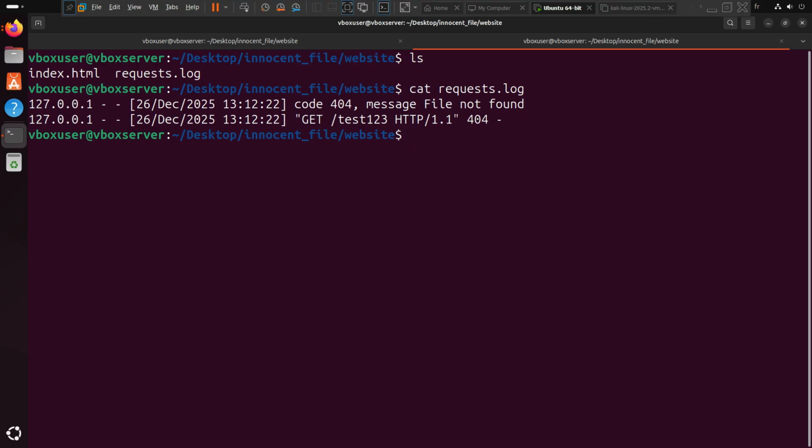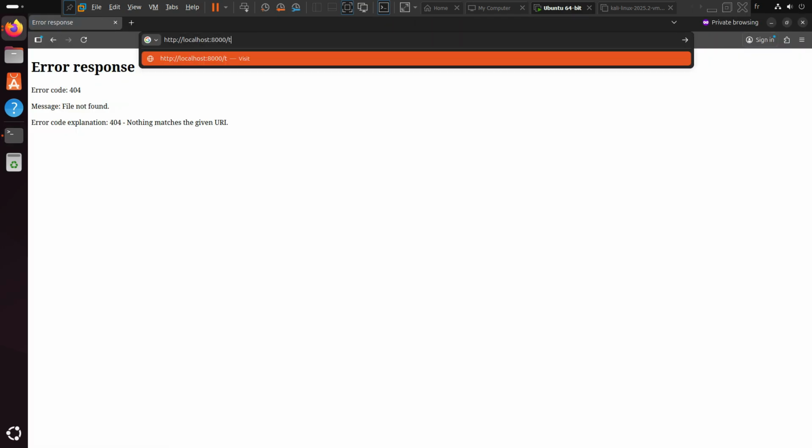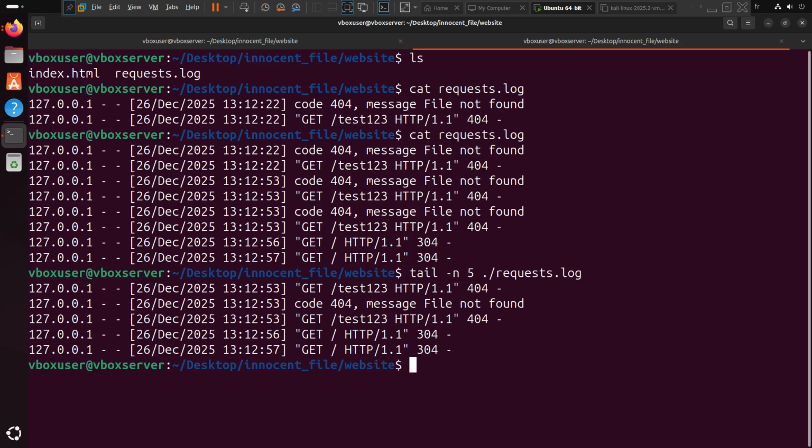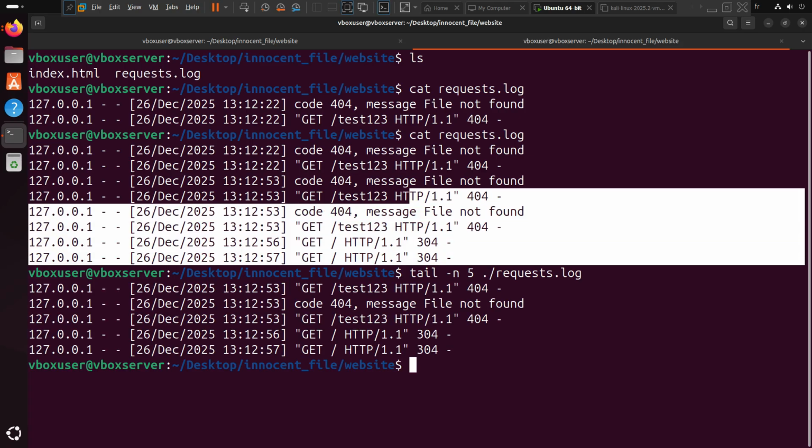action we need. But here's the thing, if you are testing something, running the cat command every time gets frustrating fast. Let me show you a command you will use all the time, especially when we start building security projects in future videos. It's called tail. Tail is like cat, but it only shows the end of a file. You can specify how many lines with -n, like